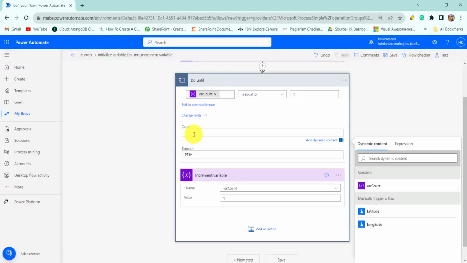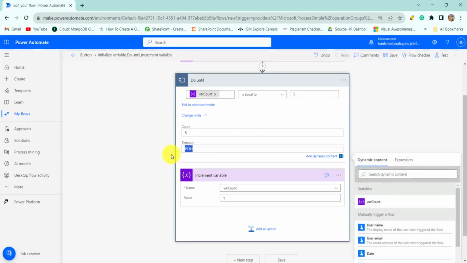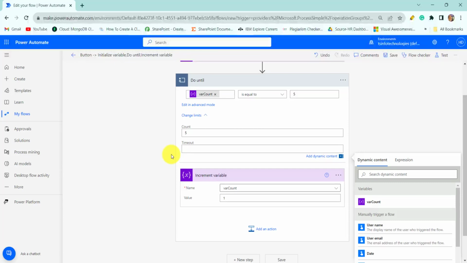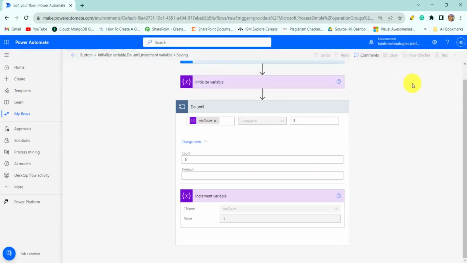So let's say I will run this flow for 5 count, like 5 times it will run. If the condition is met, then it is fine. If it is not, then also it will run for 5 times and it will terminate the loop. So let's provide 5, and here I will not provide the timeout. So I will remove the timeout,